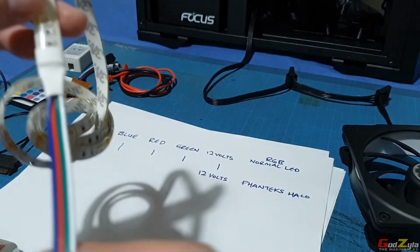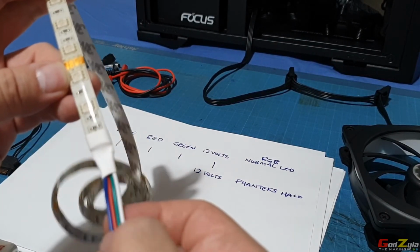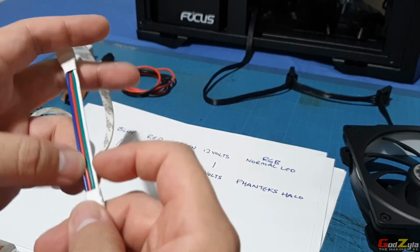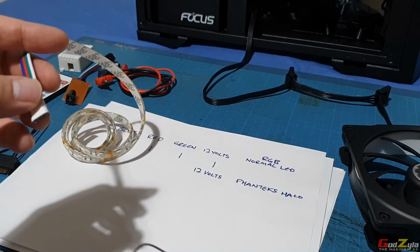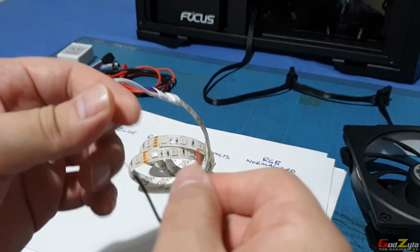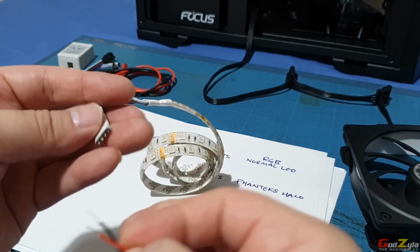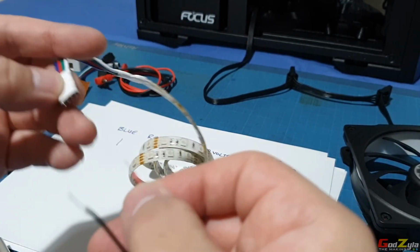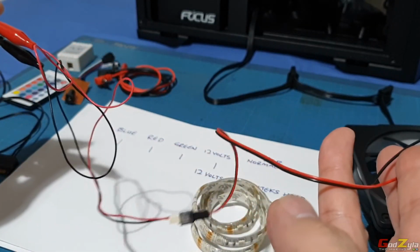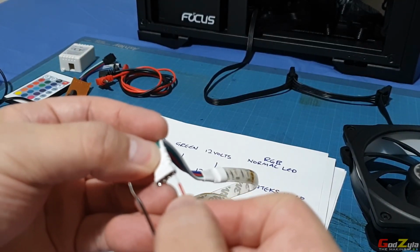How do I test it? Simple. At the end, since this is with color code, which is great, you have the 12 volt, you have the green, you have the red, and the blue. Now, as you know, the white is the 12 volt. So as I mentioned to you, it's always a practice to plug in the positive first before you plug in the negative. And to take out, it's always the negative first, then the positive. So by poking this, just to show you, positive and negative. All right. So by poking to the positive 12 volt,